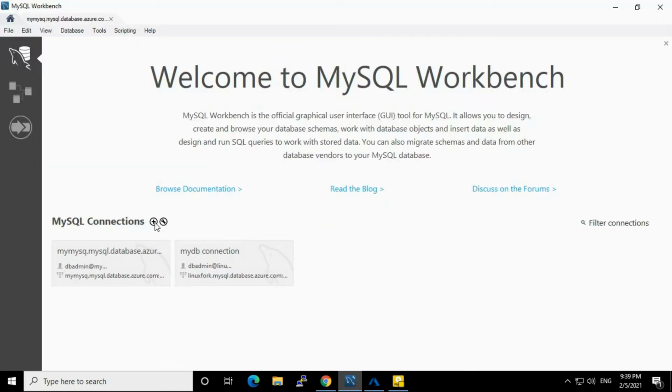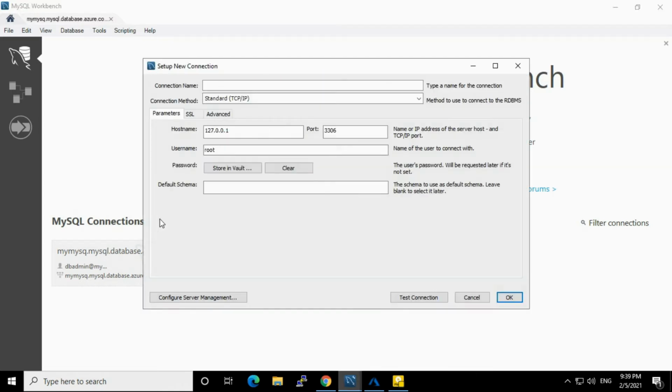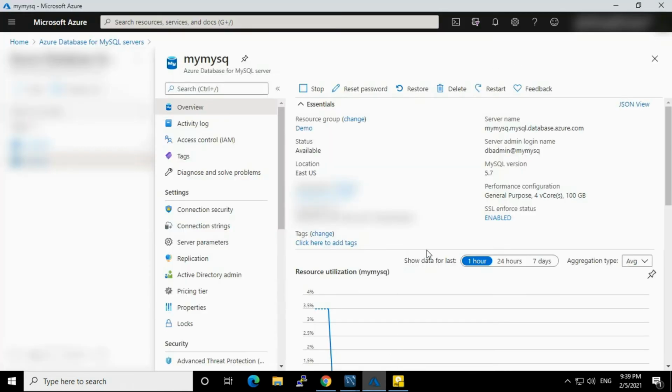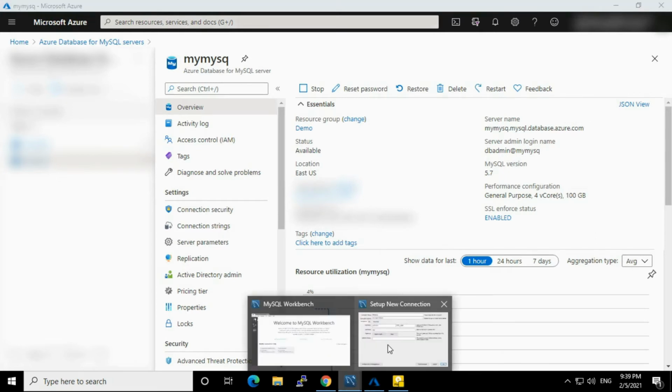Just click on add connection. Give the connection name, any connection name. I'm just giving DB backup, and any name you can give. Here you need to give the host name. The host name is our server name. This URL is called the host name, so just give that.